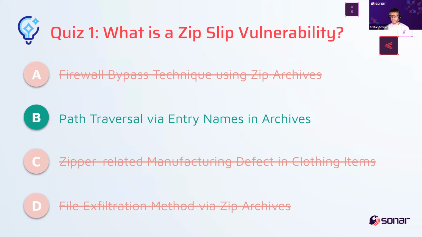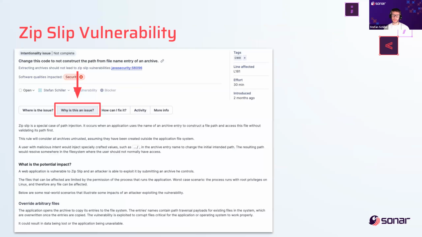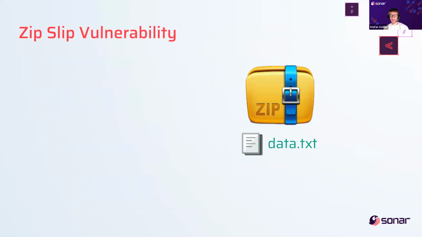And what if you don't know what the specific vulnerability reported by SonarCloud is about? In that case, you can simply click on the "Why is this an issue?" button on the SonarCloud UI. This will present you a detailed explanation of why the raised issue is a security vulnerability and what this vulnerability is about. To put the explanation from SonarCloud into pictures, let's imagine we have this archive, which contains a single